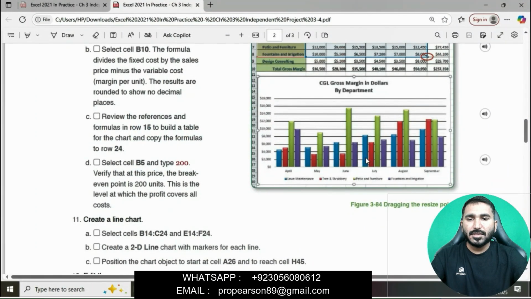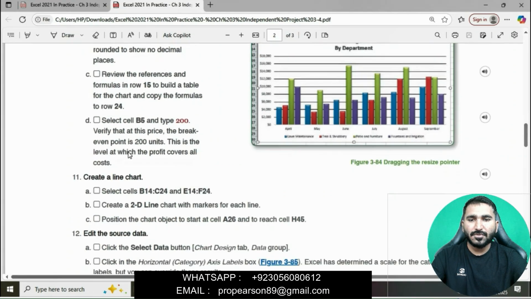Select cell B5 and type 200. Verify that at this price the break even point is 200 units. This is the level at which the profit covers all costs. Okay, this is done now.